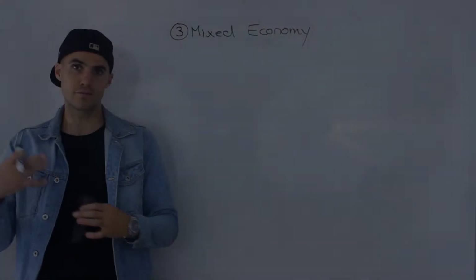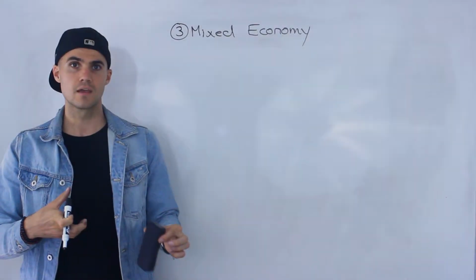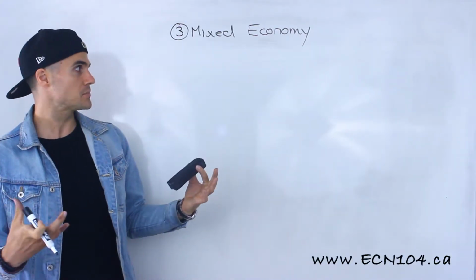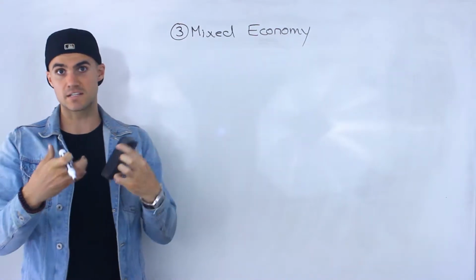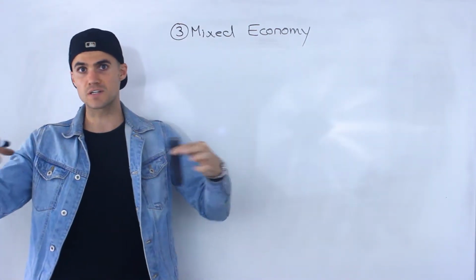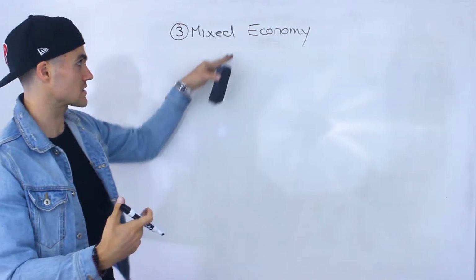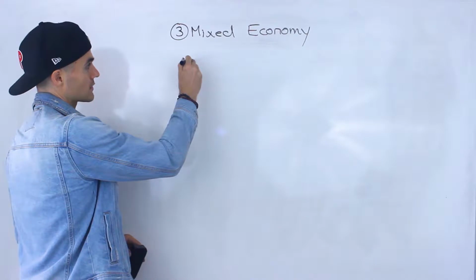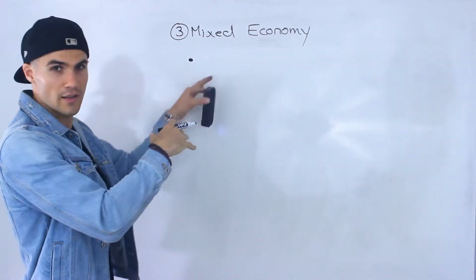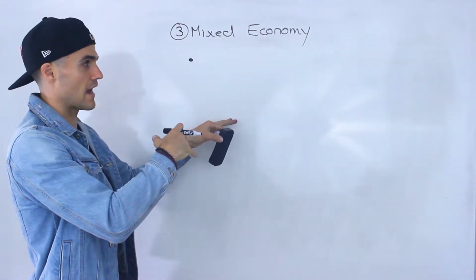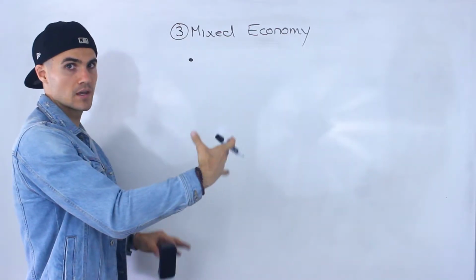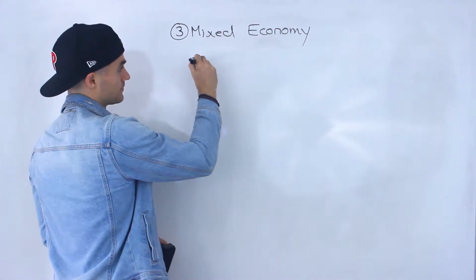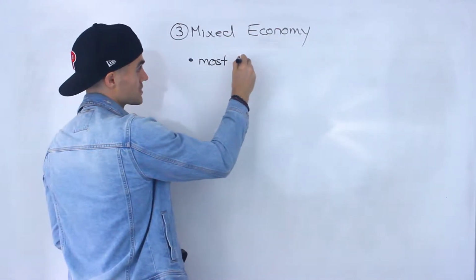So as we saw, a free market system and a command system both come with pretty big drawbacks. And so most economies in the world run on a mix of both systems. They try to take the best characteristics of both, kind of mix them up, and it's called a mixed economy. Some of the characteristics of a mixed economy, you're going to see a lot of the same characteristics that I had up with a free market system, but then I'm going to add a couple of extra ones as well. So in a mixed economy, like a free market, most resources